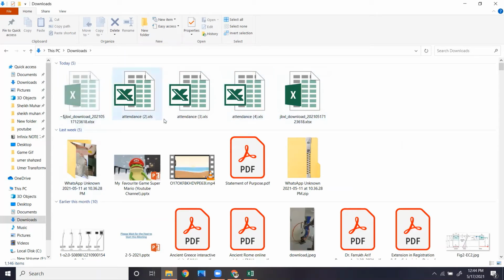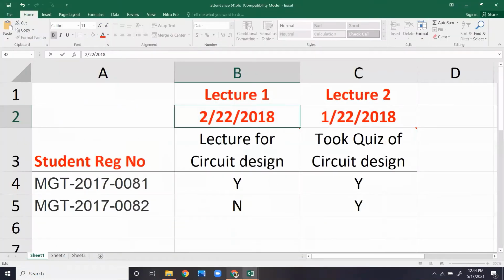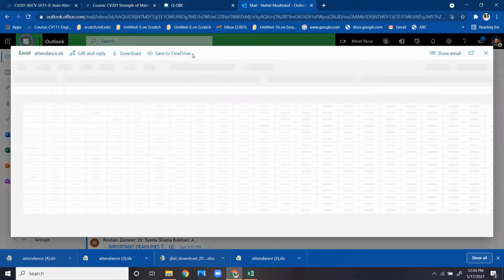So it is downloaded, the Excel downloaded, and it is attendance 3. Let me show you where it gets downloaded. Let me hide the floating meeting control and show my desktop, this one file, download.